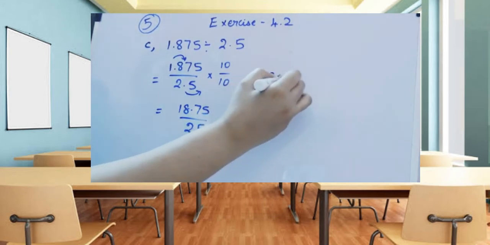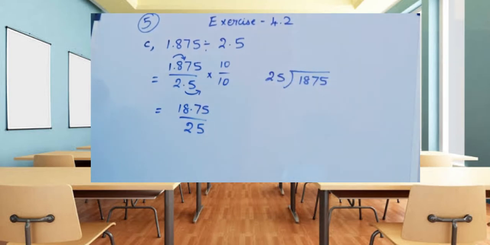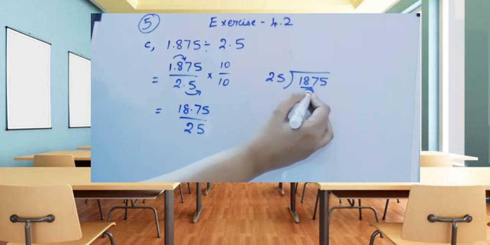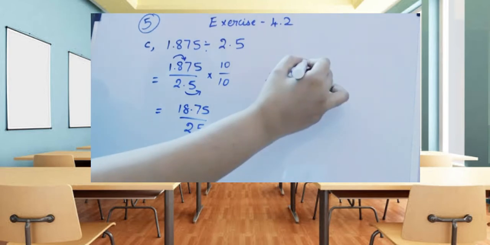We are going to divide 1875 by 25. I am first considering only the numbers, and after finding the answer I will keep the decimal point. Since 18 is less than 25, I consider three numbers. So 25 into 7 are